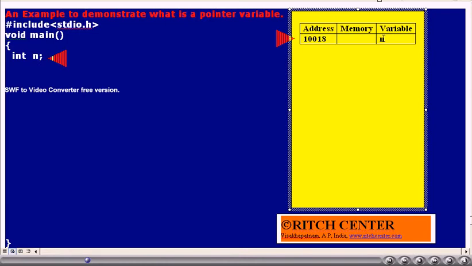Otherwise, if a machine uses 4-byte integers, then 10018, 19, 20, 21, these 4 bytes will be allocated for the variable n. However, for our discussion's sake, we are assuming that our machine takes only 2-byte integers.